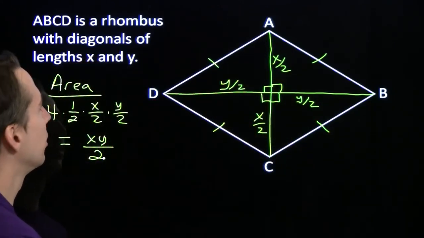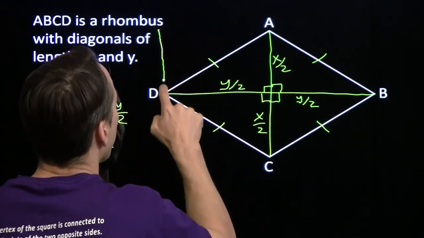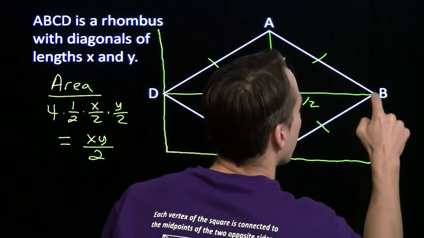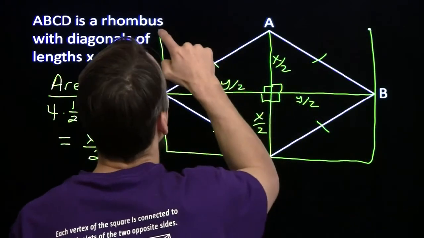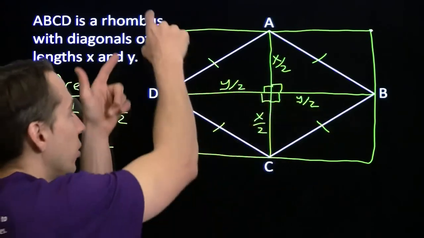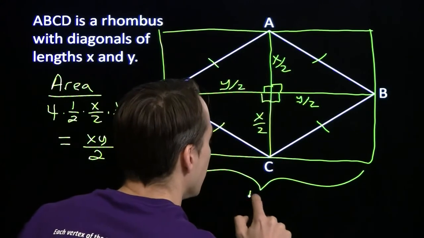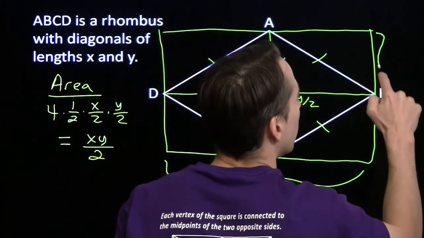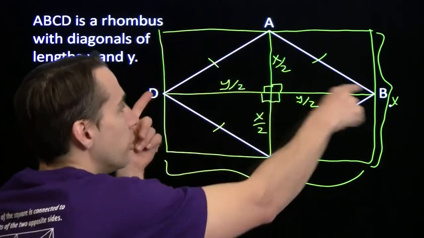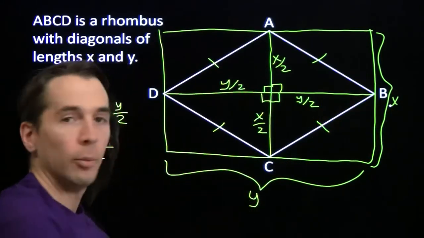Hey, wait a second. There's an even slicker way to see this. Check this out. I'm going to do a little outside the box thinking. We go outside the rhombus like this. And if I had drawn that better, it would really look like a rectangle, but I want you to think rectangle here. I'm building a rectangle around my rhombus, and the sides of this rectangle are equal in length to the diagonals of the rhombus. So this area, this entire rectangle, is x times y.